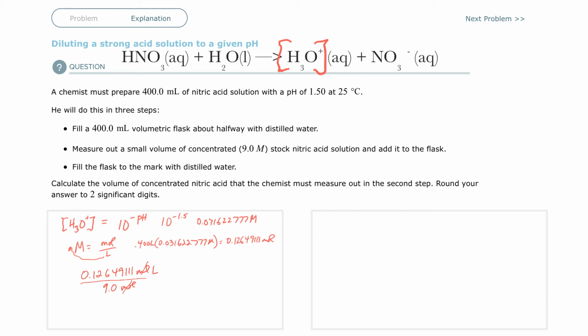I want milliliters, so let's multiply by 1,000, since in 1 liter there are 1,000 milliliters. The liters cancel and I'll be in milliliters. So 0.1264911 divided by 9 times 1,000. How many significant digits do I need? I need 2 significant digits, and that gives you 1.4 mL. So I need 1.4 mL of the stock solution,